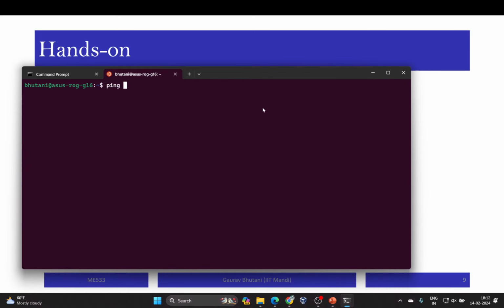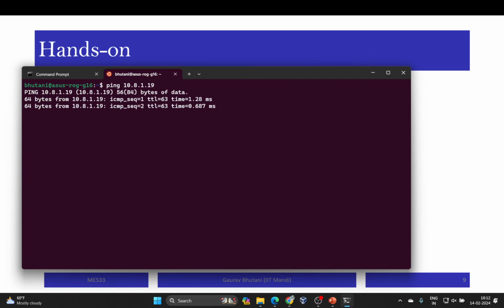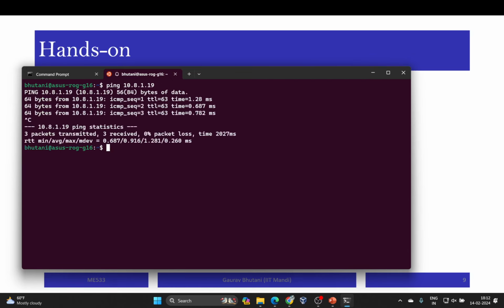Typically what we do first is we ping it to check if it is communicating back. So, 10.8.1.19. We are getting a reply back. That means it is available for us. SSH, my user ID, which is B Gaurav here,